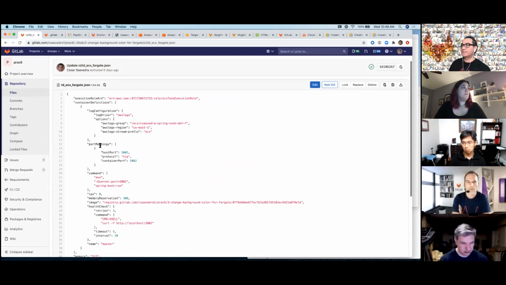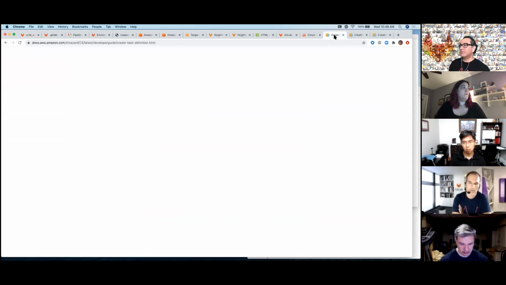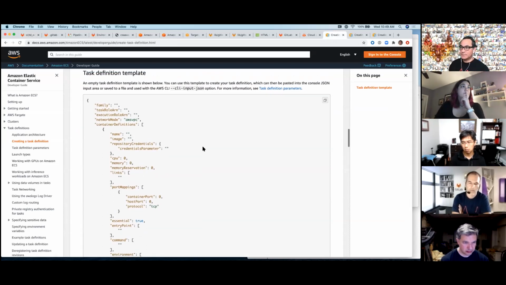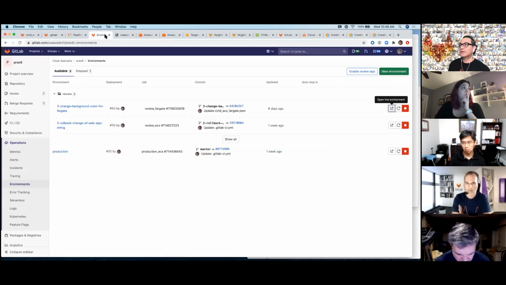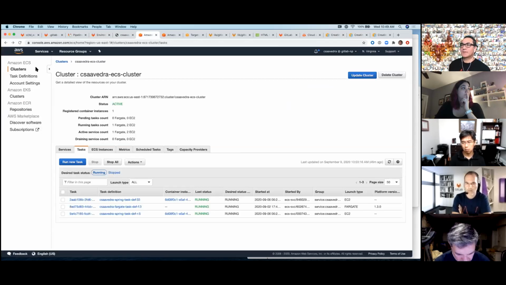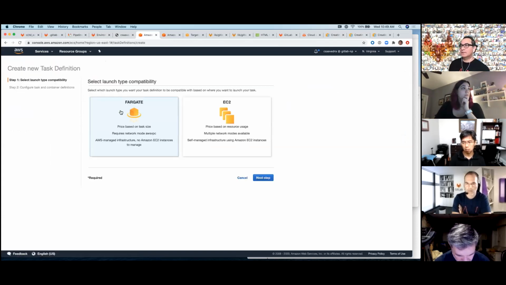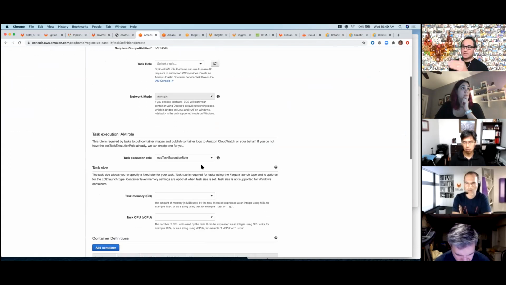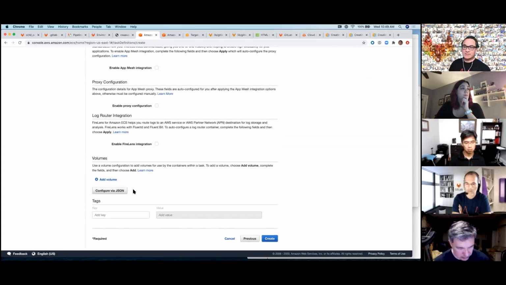Okay. Now, you may ask yourselves, how do I create this task definition file? You can find some documentation on AWS of a template that you can start with. But the way I do it usually, because I'm lazy, I usually just go through the wizard. There's a wizard here on the AWS console. You say task definition, and then you say create new. In my case, I created a Fargate one. And then once you start, you follow the entire wizard. It's like three screens. You can click on configure via JSON, and then you can copy and paste that JSON output